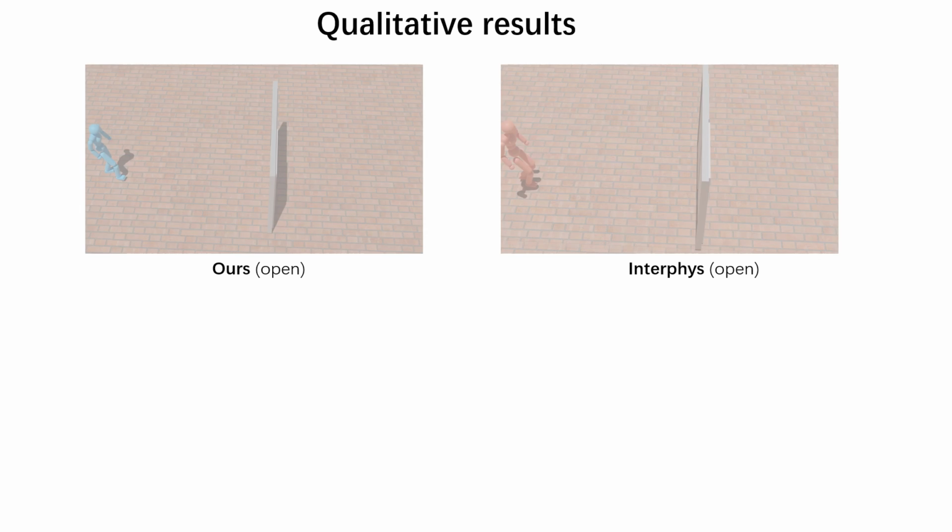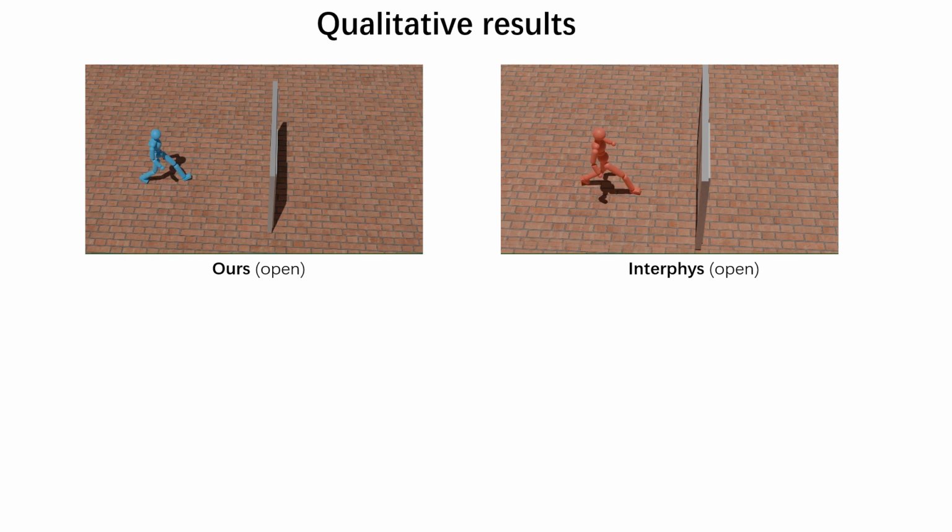Here we present qualitative comparisons between our proposed method and several baseline approaches in single-task scenarios. For the task of open the door, our agent naturally approaches the door, raises both arms, and uses both hands to push until the door opens steadily. In contrast, the agent from the baseline resorts to kicking the door and utilizing its entire body to open it forcibly. Although both methods successfully complete the task, our agent's behavior is more realistic and closely resembles human actions.